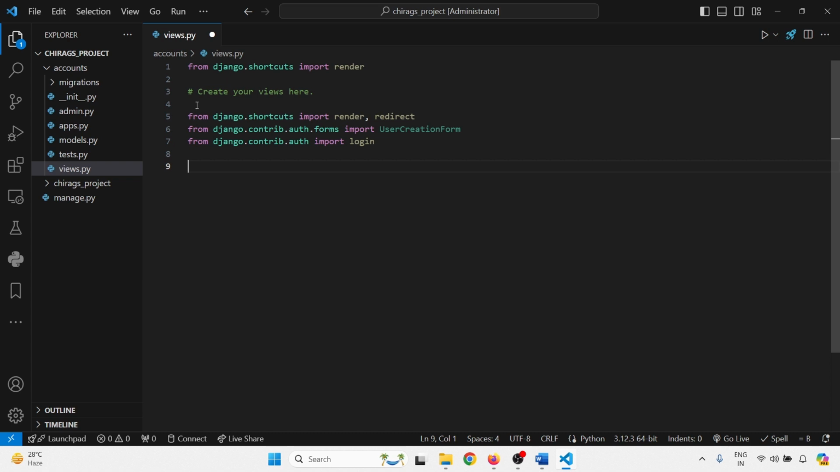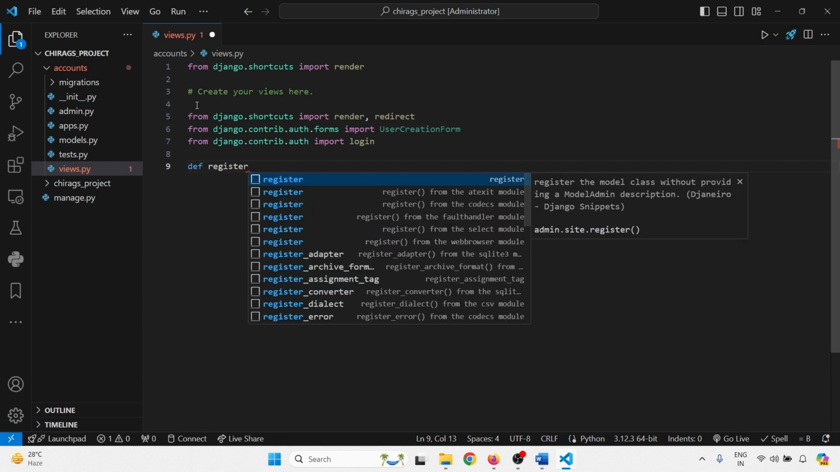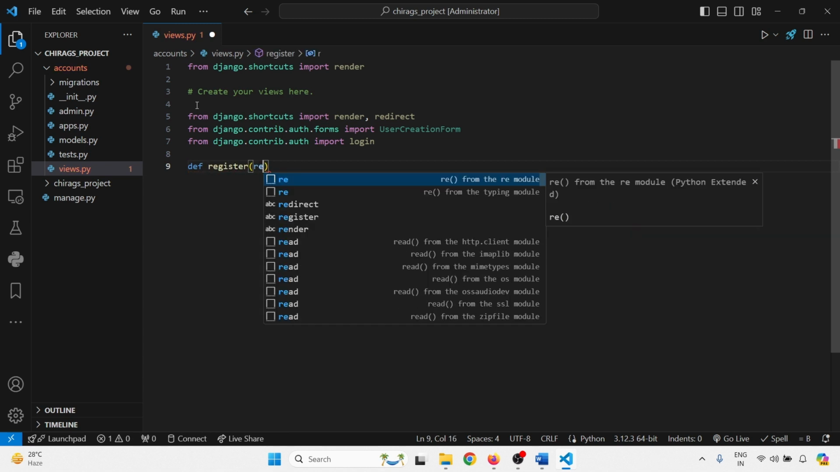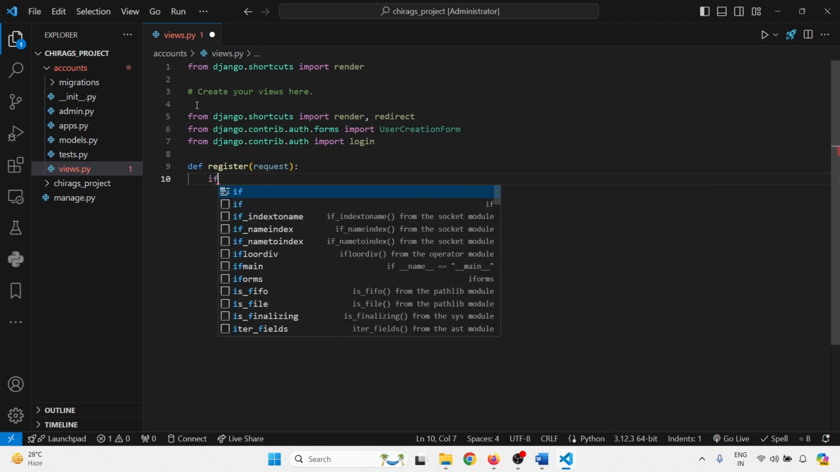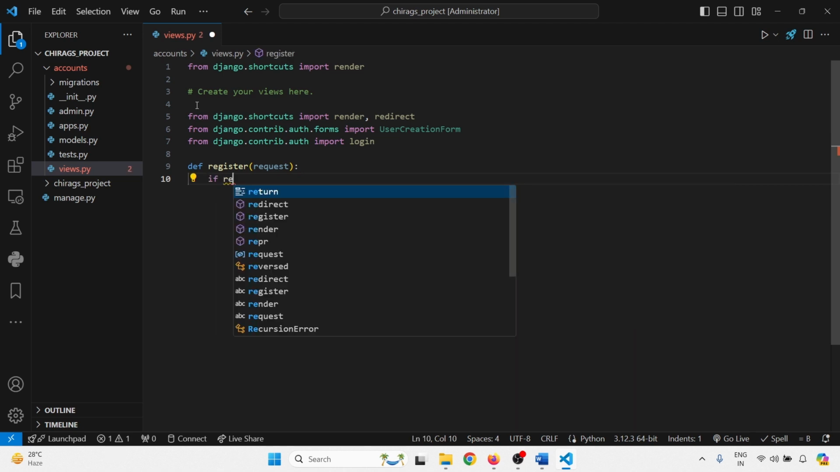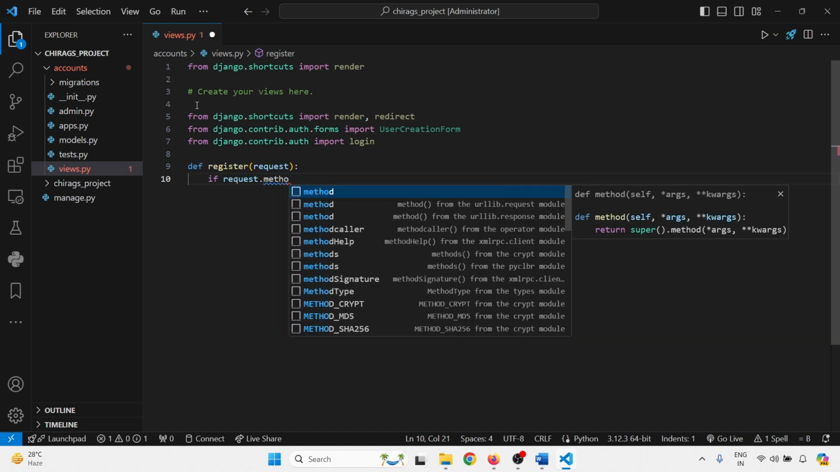Now I'm going to define my register function, with request. This is the register function I'm going to define here. So if request.method